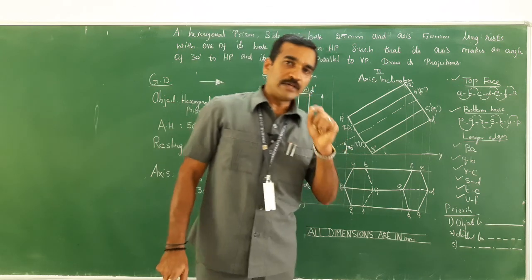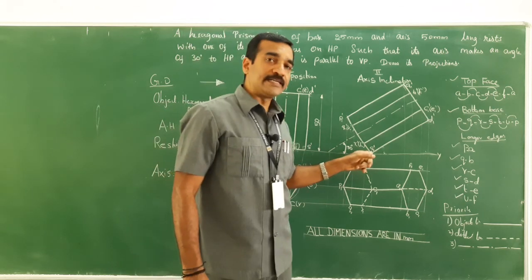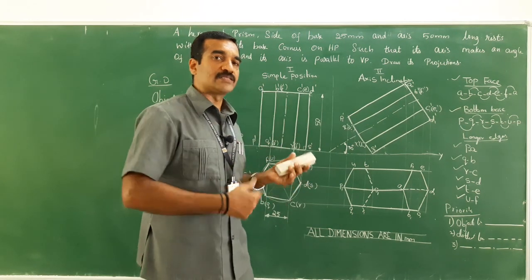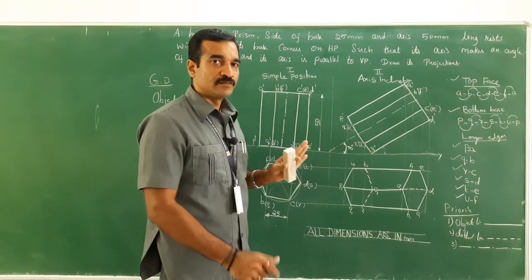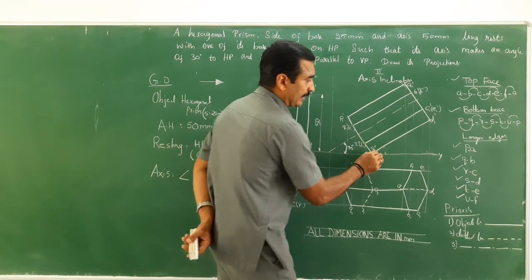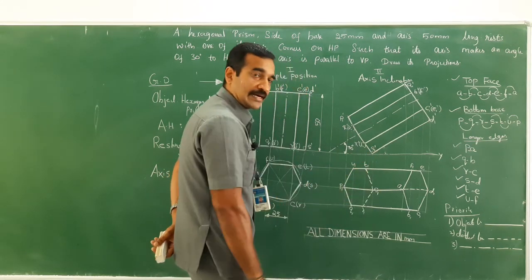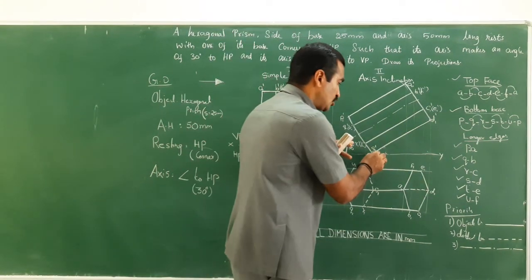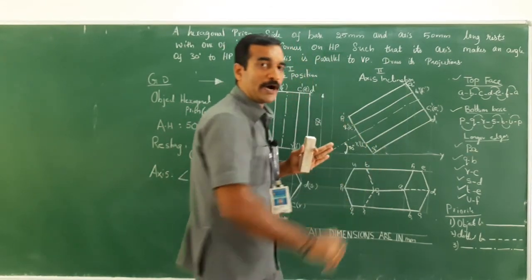So, I'll just give a hint for you all to draw the dotted line here. At what point is it resting? It is resting at S. So whatever edges, that is longer edges or the corners which are connected to S, will come as dotted line. Look at here, S to R, S to T and S to D. S to T is dotted line, S to R is dotted line, next S to D is dotted line. So it's very simple. The edges or the corners which are connected to the resting point will come